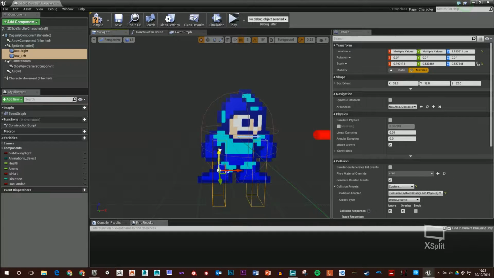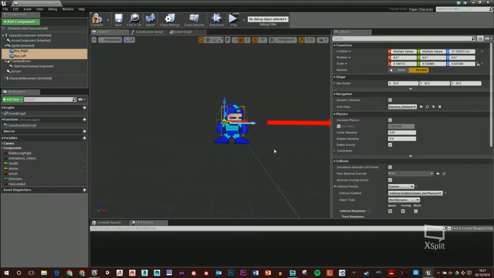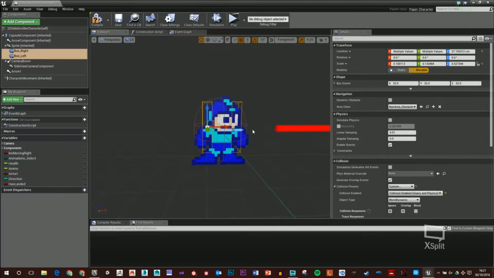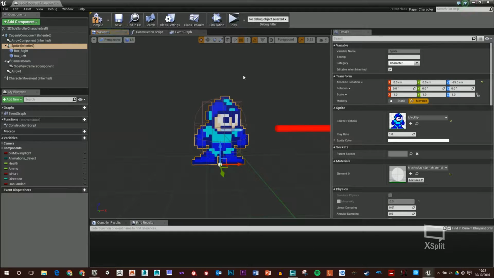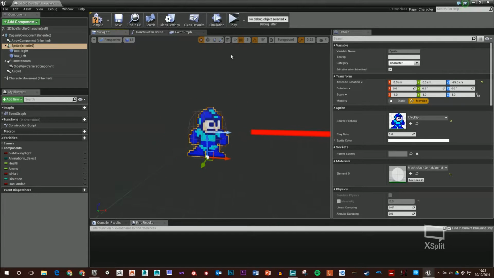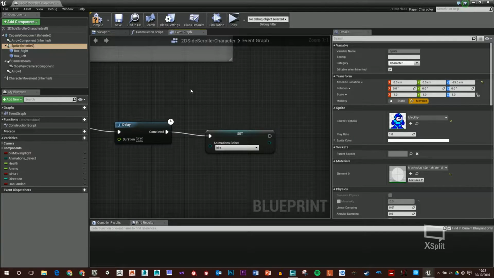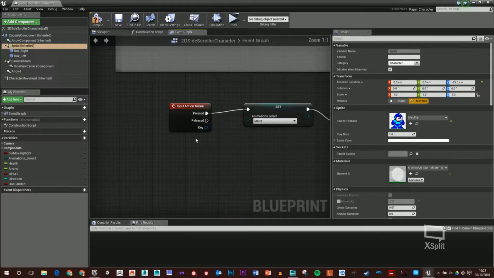These two boxes I'm going to have to move up, just because they were parented to my sprite. But they should be okay. So just by moving that pivot point, it actually moves your player up to that pivot point where it was at the center. So I'm just coming in here to move that sprite component back down, because it has been offset. Once you've got that done, I'm just going to go in and find my jump